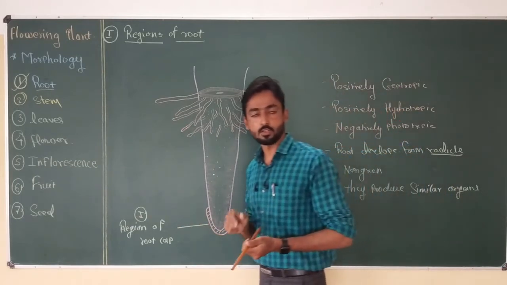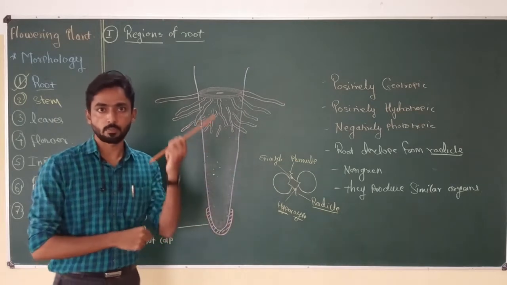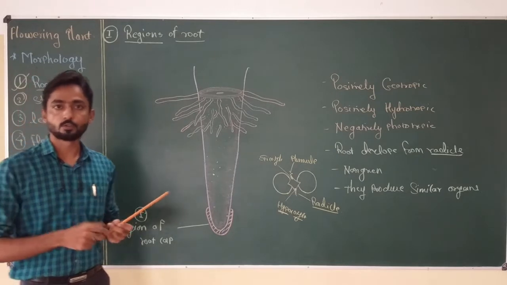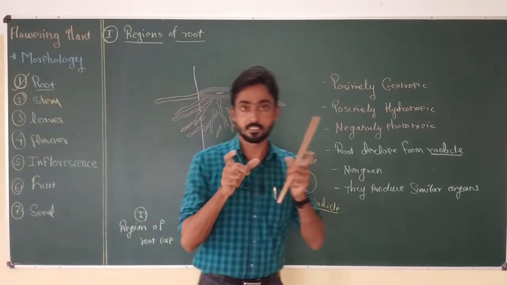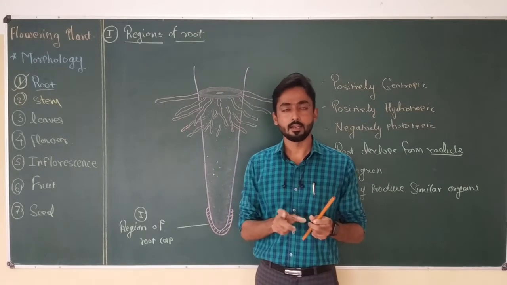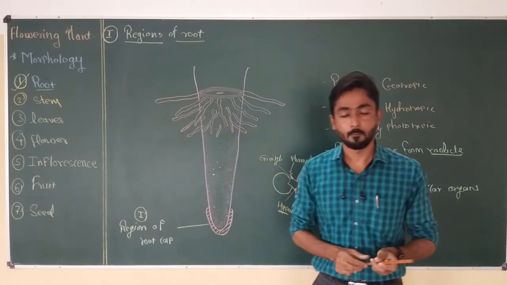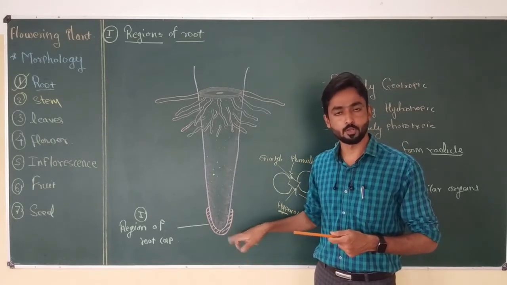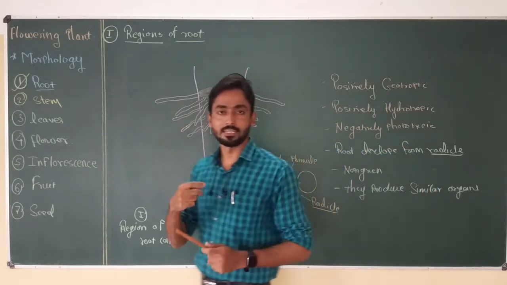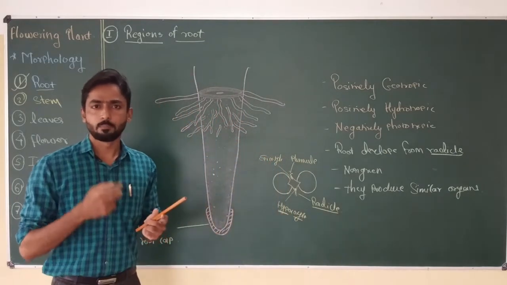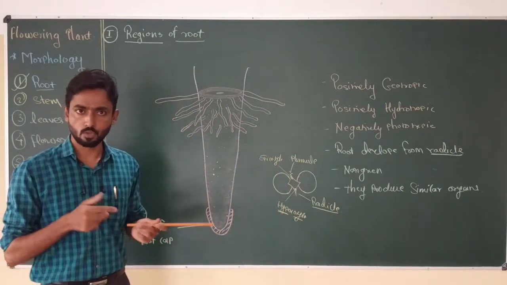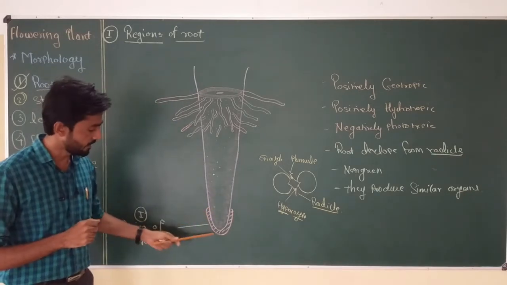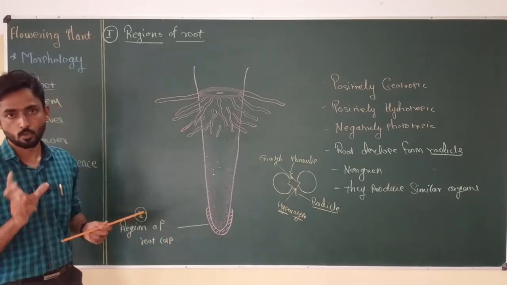An important point that we have to consider is that most angiospermic plants show a single root cap, but in some cases multiple root caps are also observed, like in stilt root. In some plants, hydrophytes, or plants which grow in water like Eichhornia, do not show root caps. We know that hydrophytes generally grow in water, and they do not face friction in the soil when the root grows downward, so they do not need this root cap. So hydrophytic plants do not show a root cap.